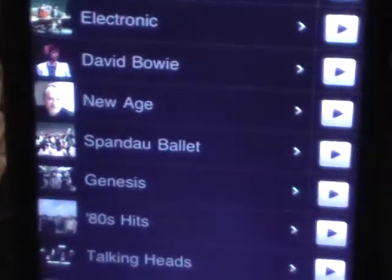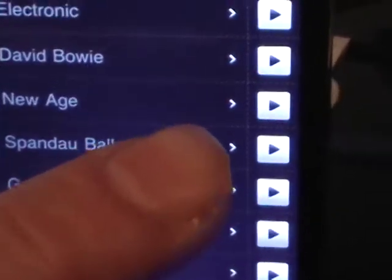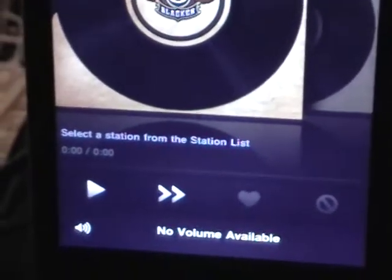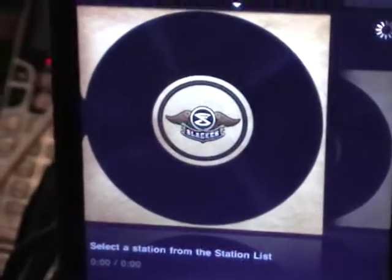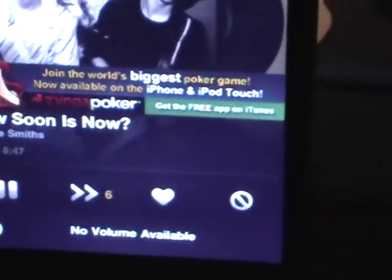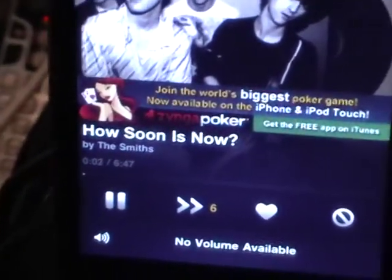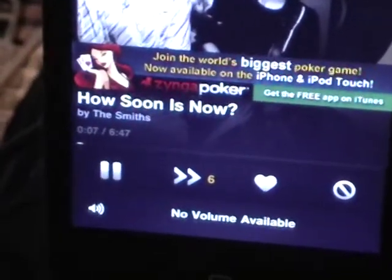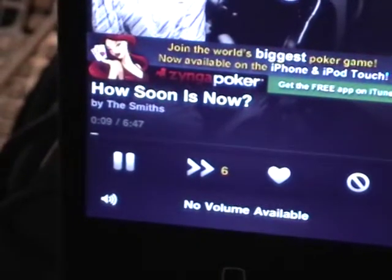And when you go to a particular station, you play it. What it will do is play music by your artist that you've selected, and it will also play music that is similar to that, or what they think is similar. Okay, now right now they're playing the Smiths, and if you see right here, there's a little heart and a little